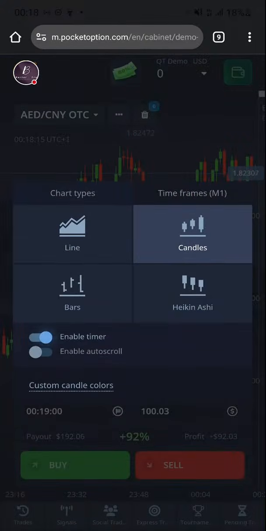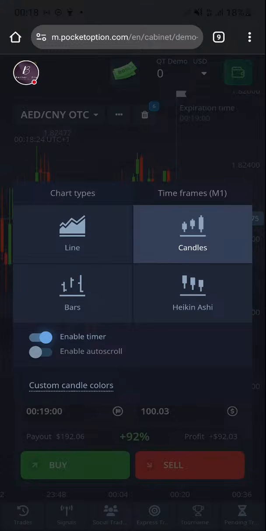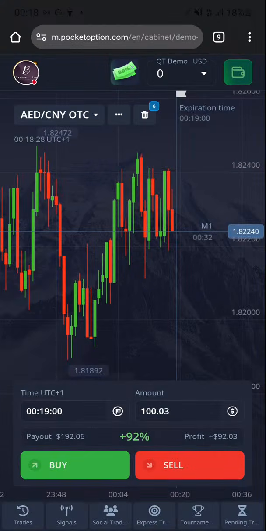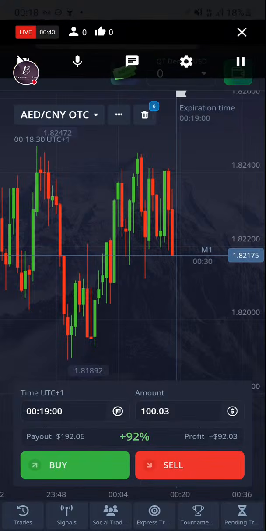Over here right now, the chart type is going to be candlesticks, and we'll enable this timer. We'll disable this auto scroll, and that's it for this side. We'll go to the time frame section. We'll choose M1. That's it over there. Now for this side,